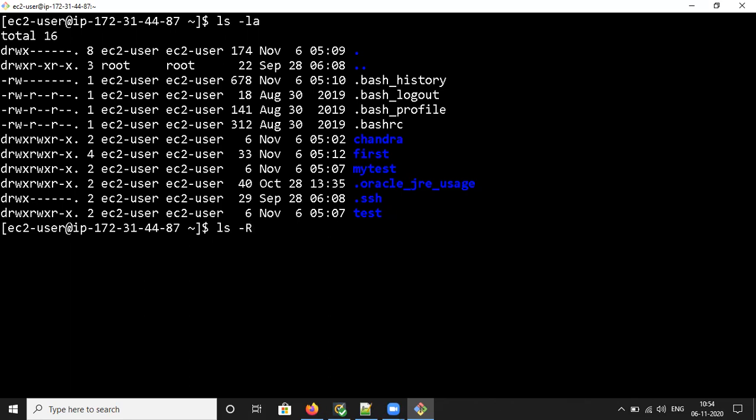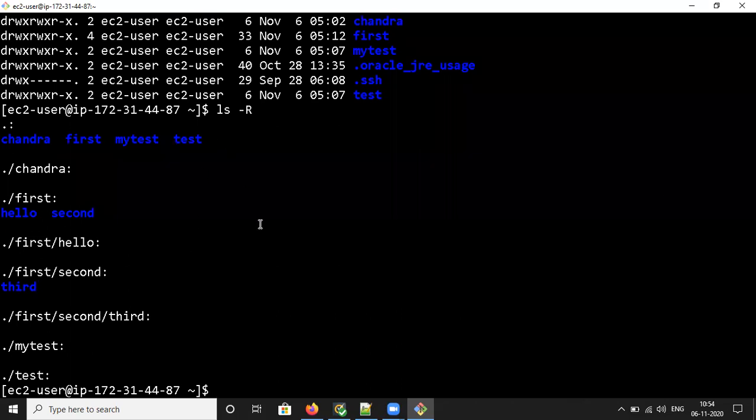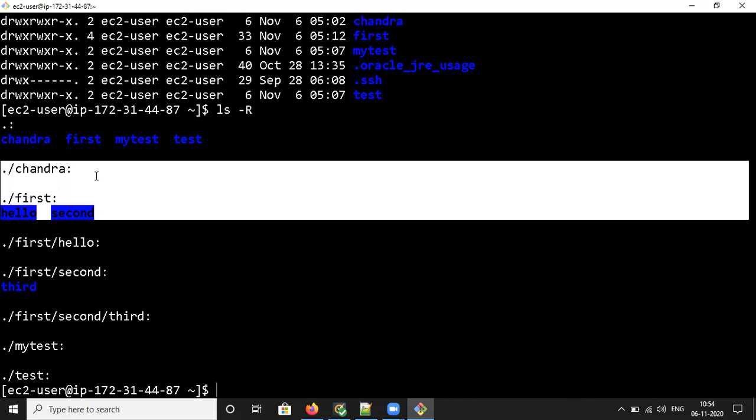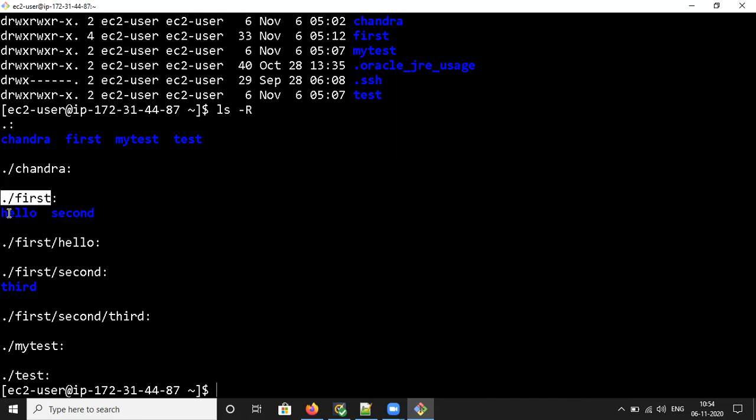See, everything it is going to display recursively. That means each file's information with what is inside that content. First hello, second, third. So if you want to display each file recursively in a clear format, you have to use ls -R.